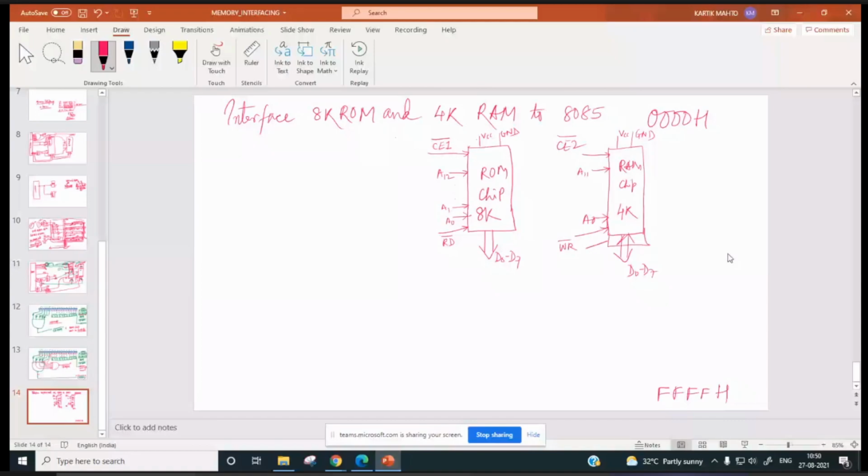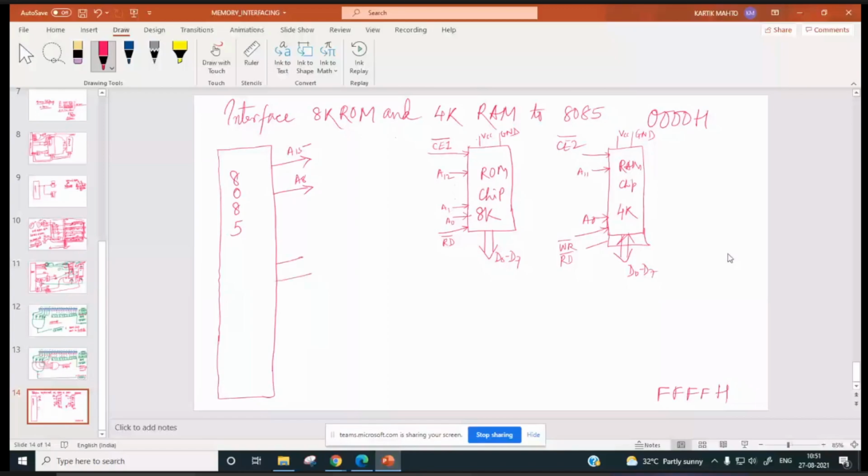Next, you have to show here the 8085 like this. From here, address pins A8 to A15 will come out, no? From here, AD0 to AD7.